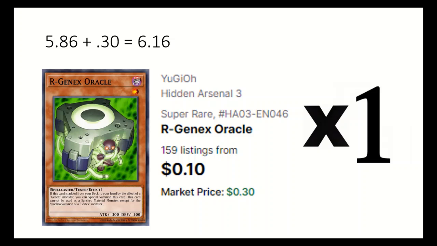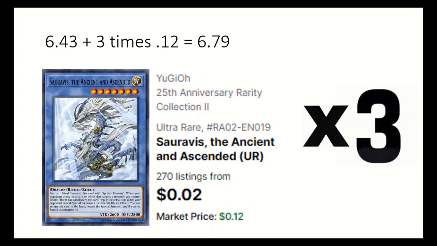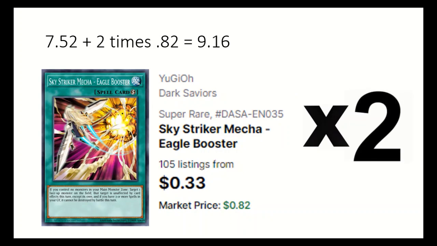1 R-Genex Oracle and 1 Genex Recycled are mainly there as level 1 tuners. 3 Sauravis can be discarded to protect from targeting. 1 Called by the Grave to stop hand traps. 2 Eagle Booster. If you control no monsters in the main monster zone, you can target a monster and make them